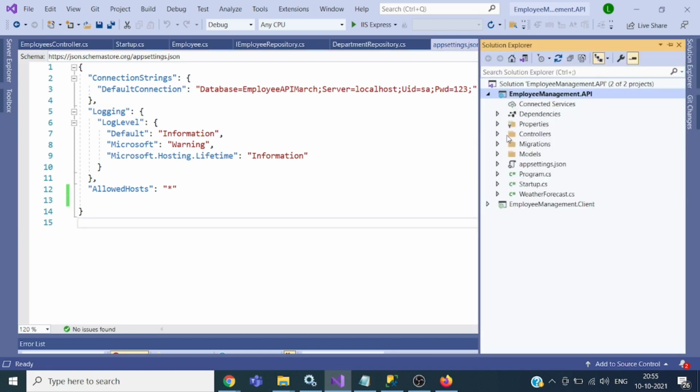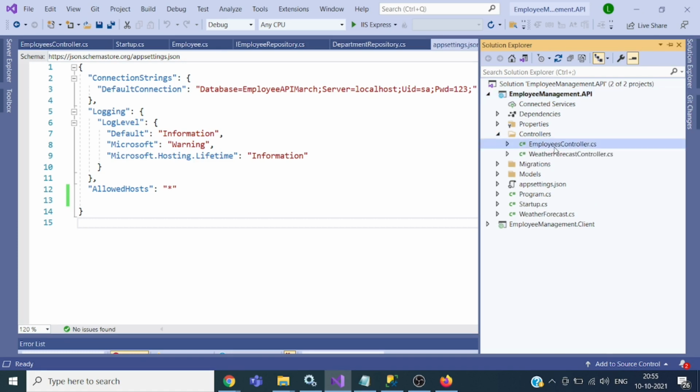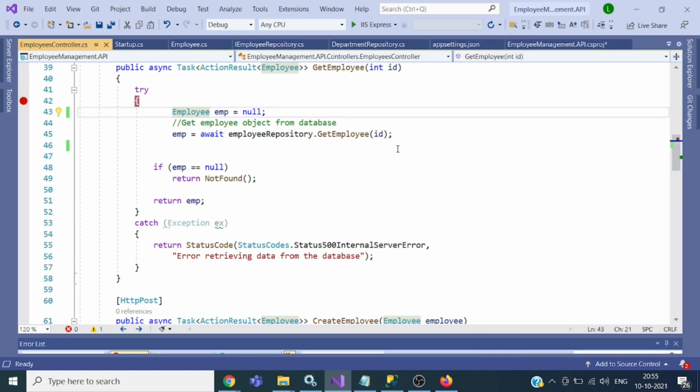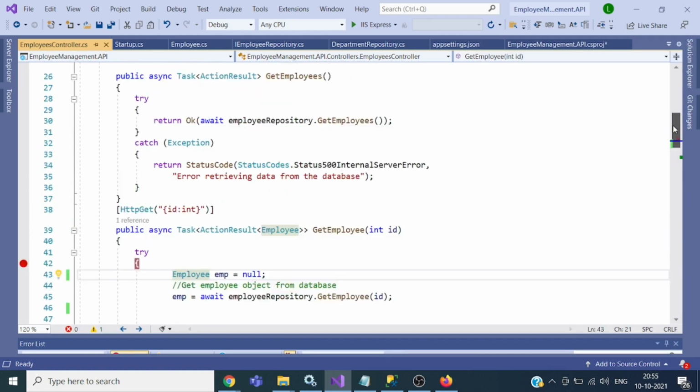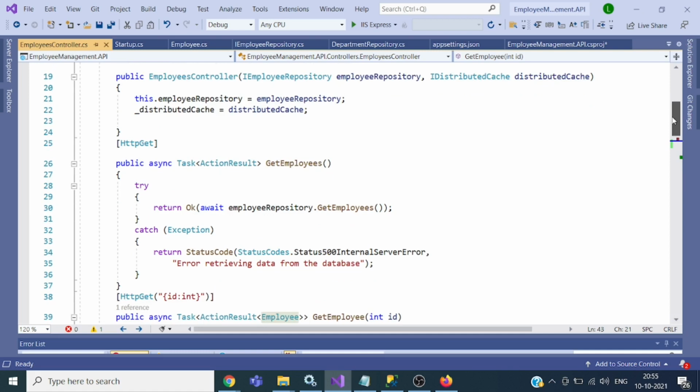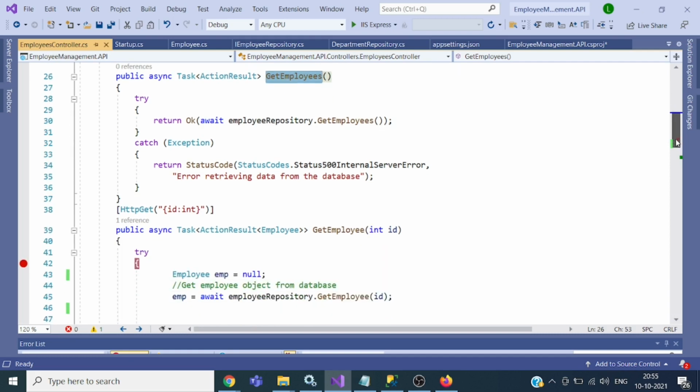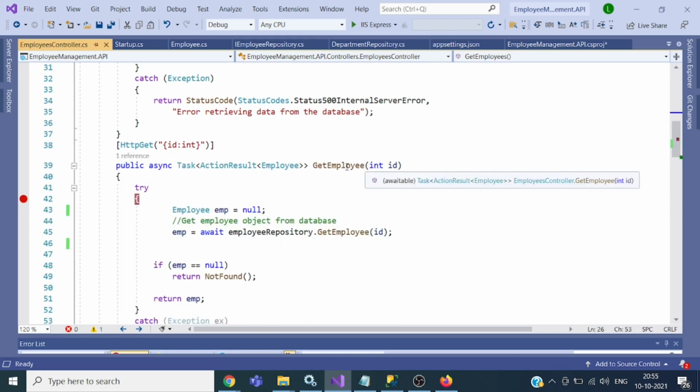This is a .NET Core Web API project, and we have an employees controller, and there are certain methods like this get employees. It will return the list of all employees, and we can access individual employee details by passing the employee ID here.